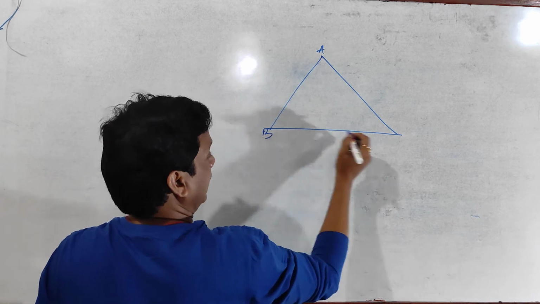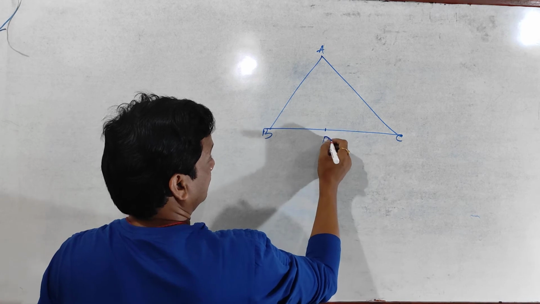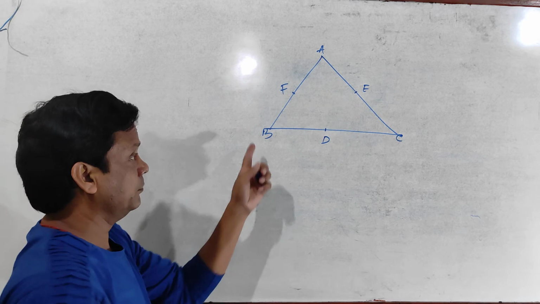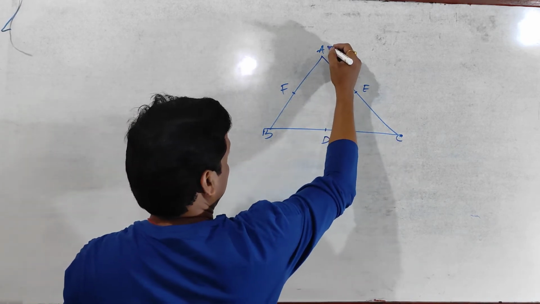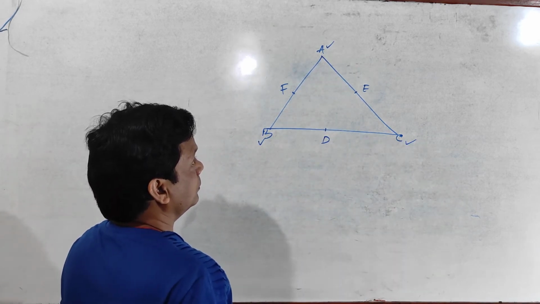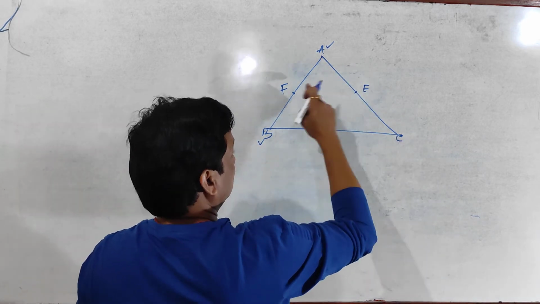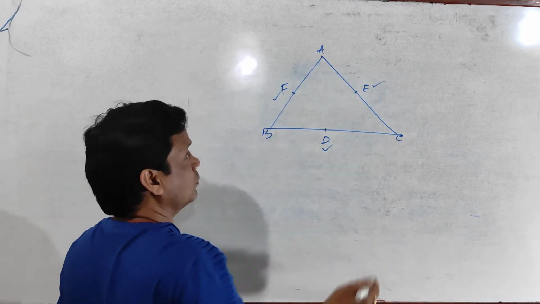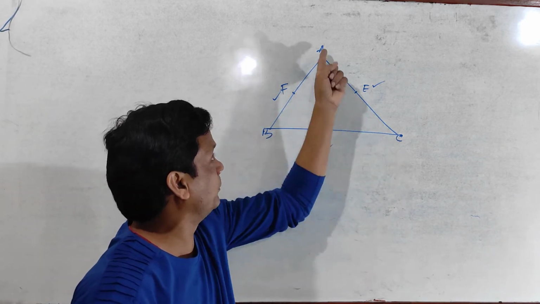If ABC is any triangle and DEF are the midpoints of the sides BC, CA and AB respectively, and if ABC are given, then you can find DEF. And if DEF are given, how do you find ABC? If the midpoints are given, how do you find the coordinates of ABC?